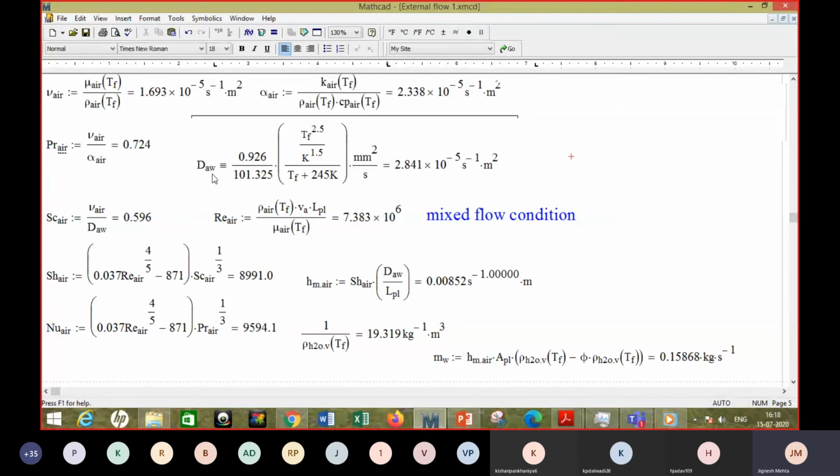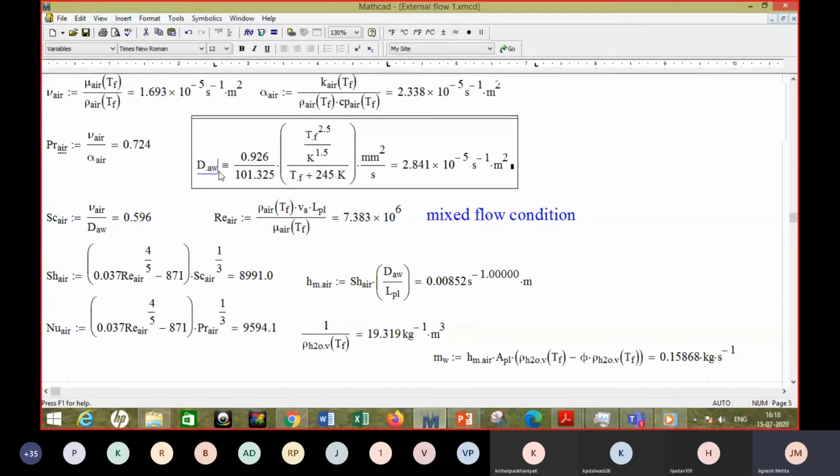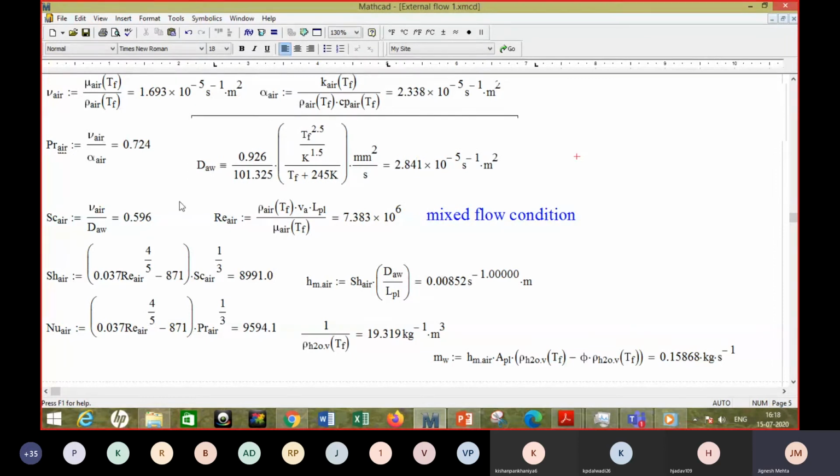Now what is this number? Binary diffusion coefficient. It is the equivalent of thermal conductivity. It is between air and water. Now it depends upon one, the combination of the fluid, and second, the temperature. So from air to water, this is the binary diffusion coefficient. It diffuses at this rate at the given temperature, right? So that's what this number is, and that number is also given to you.